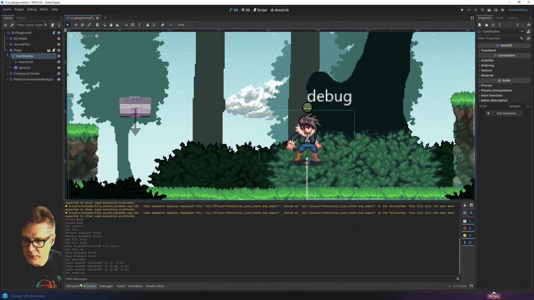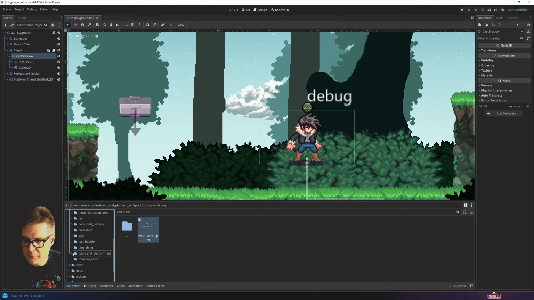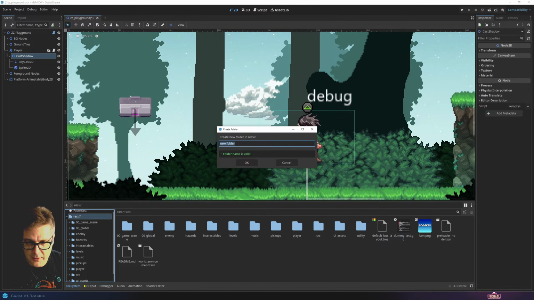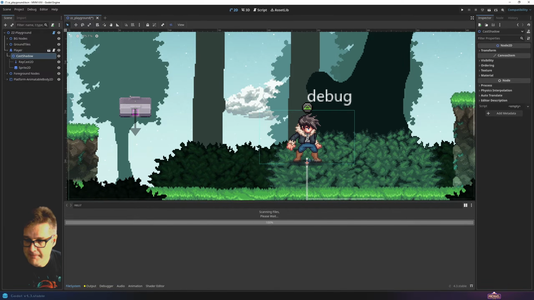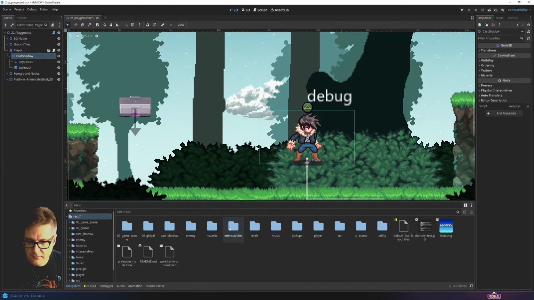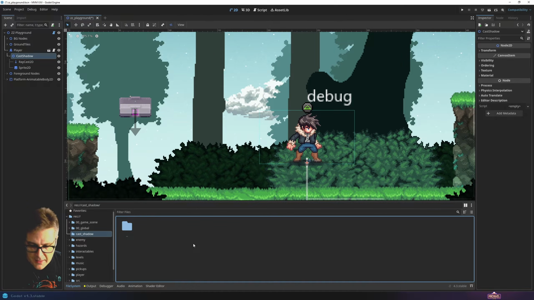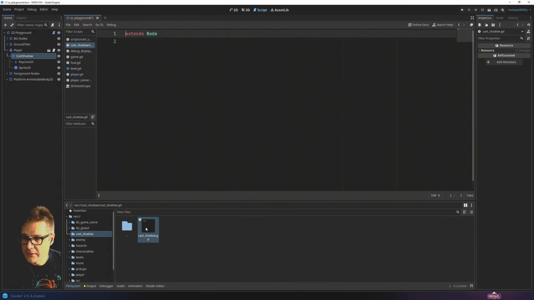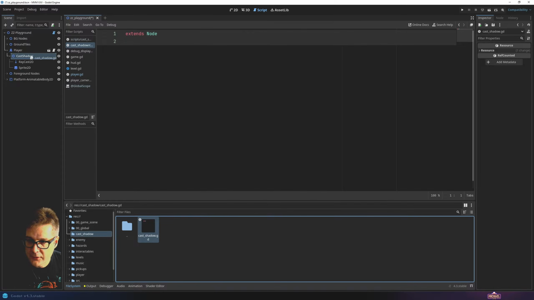Okay, so let's go ahead and in our file system, now I'm working on a demo project that I build a lot of things in. So let's pretend you're in a brand new project. So I'm just going to create a new folder, and I'll call it cast shadow. Okay, and then inside our cast shadow folder, I want to add a script, and we'll call the script cast shadow. And there we go. Let's go ahead and open that up, and let's also apply it to our cast shadow